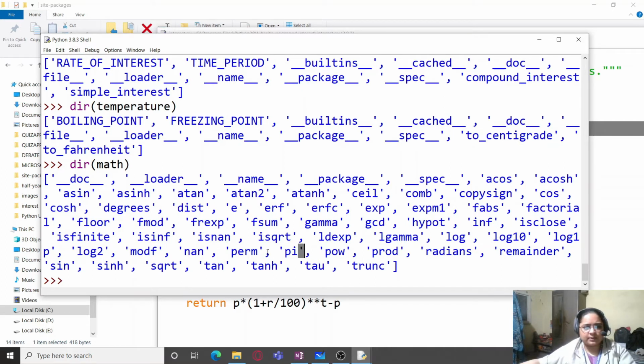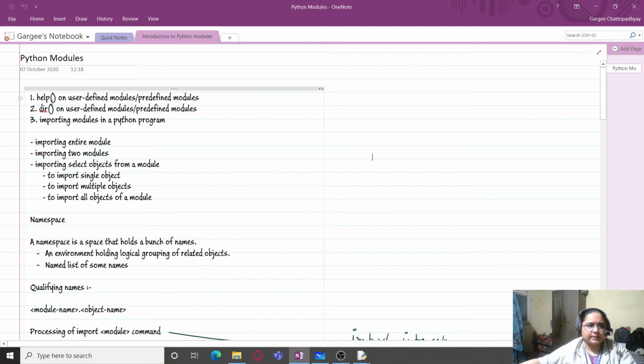So that also you can see. So these two are important functions which enable us to seek help on any particular module, whether it is a predefined inbuilt standard Python library module or a user defined module.